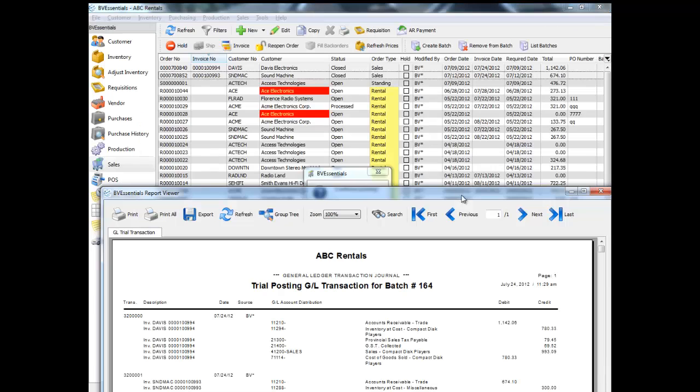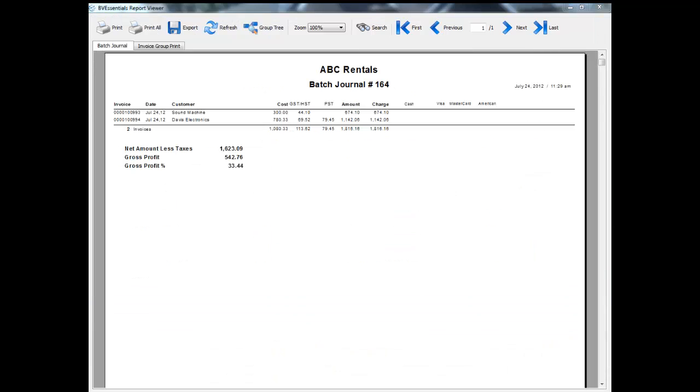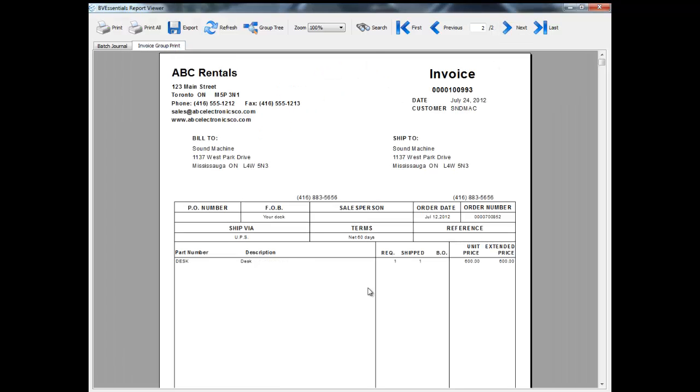The other report we get is the batch journal report, and this is like a cash out report, so you can see what payment methods have been taken on this. So if you need to cash out your cash drawer, you can use this to see what your total should be. And then we show you your totals and your total profits as well. And of course, if the user is not set to see costs and profits, the costs won't show up on this report. Then under invoice group print, we see the two invoices that we've actually selected. So once we close those reports off,